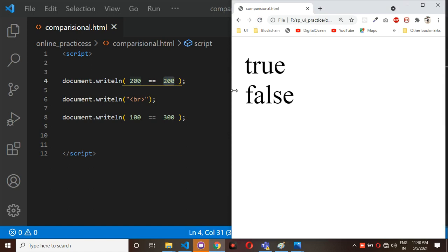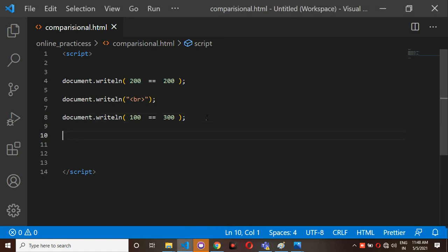Okay. And one more thing. document.writeln of these same two things I am going to give here, but instead of the equal to operator I am giving the not equal to.